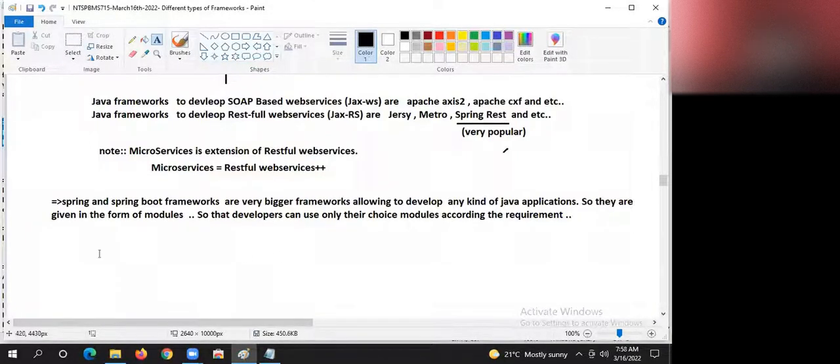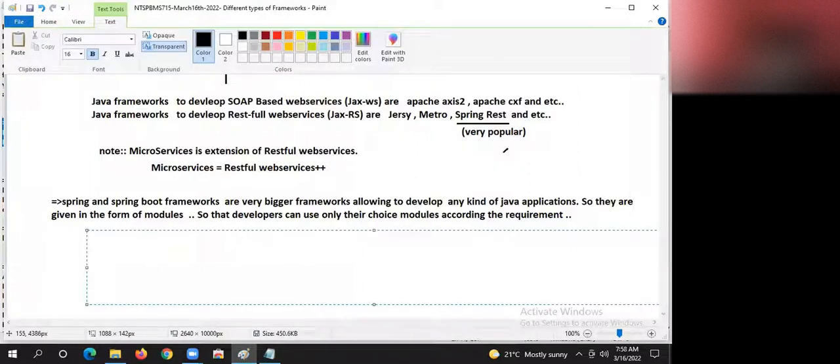That's why in the Spring and Spring Boot framework, we have 25 plus modules and lots of extensions.